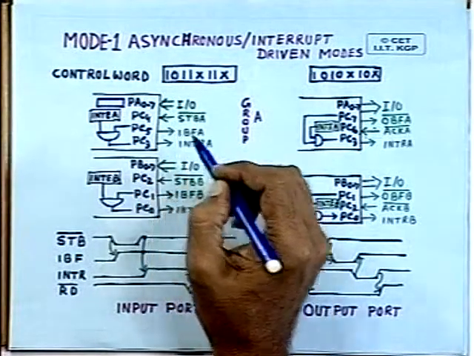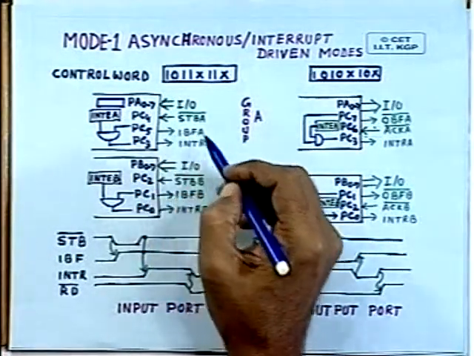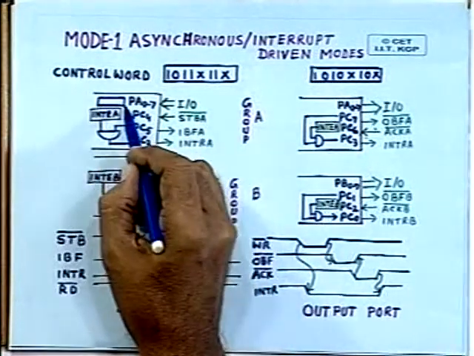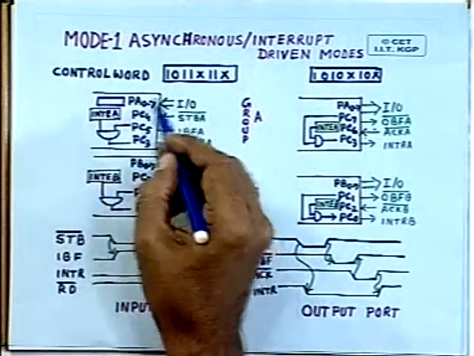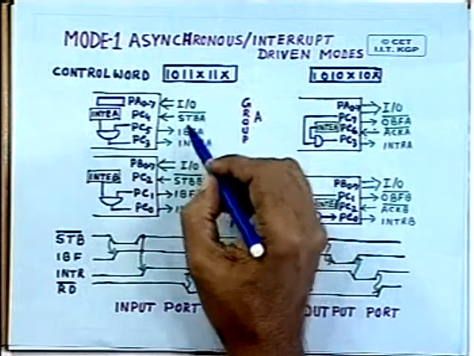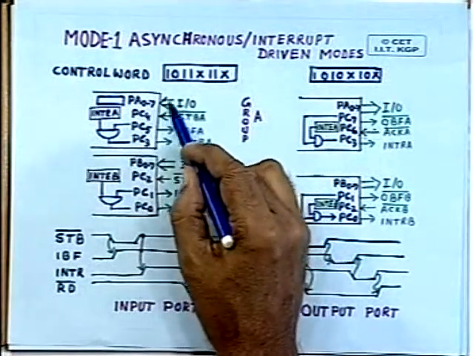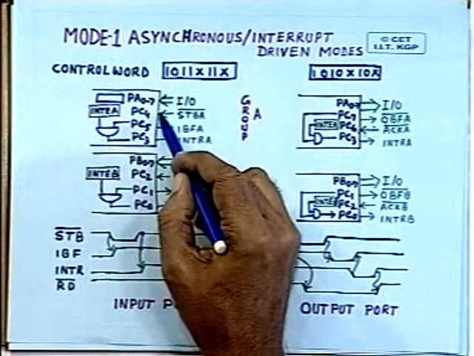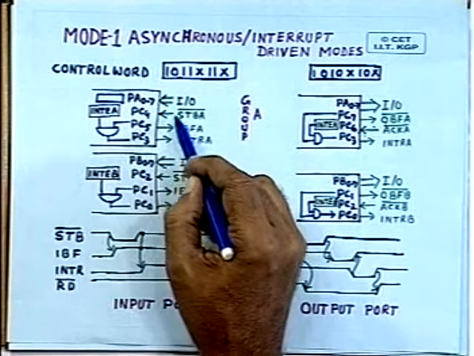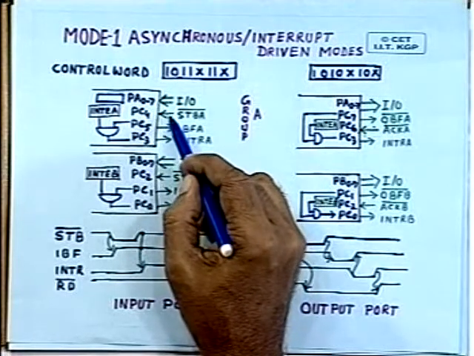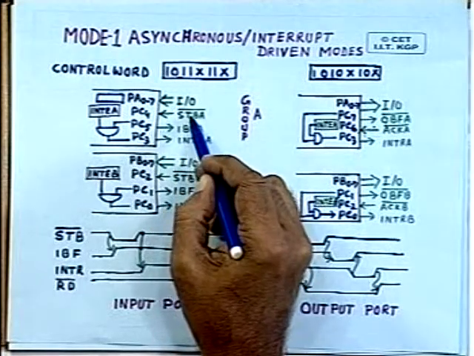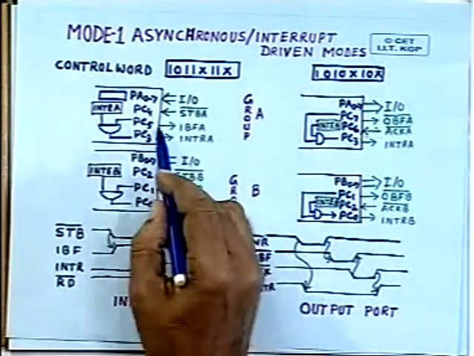So by looking at that, the IO device will know now the buffer is empty and it will latch another data. So this is how it will work, now for group A and group B. Here you see the port A is being used as input port, and the port C lines are used as handshaking signals. So PC4 and PC5 here are acting as handshaking signals. This is for strobing and this is for acknowledgement going to the IO device. So this is how it acts as an input port.